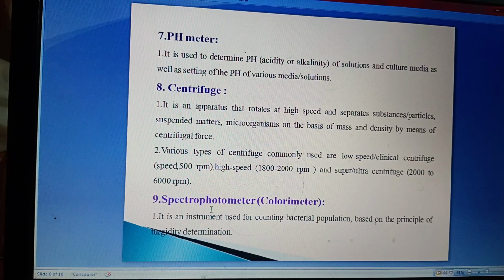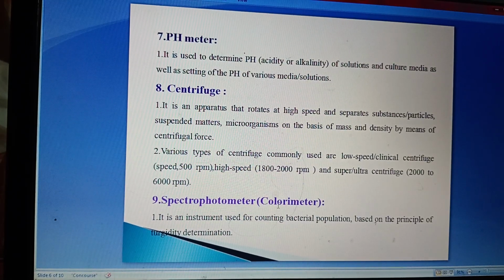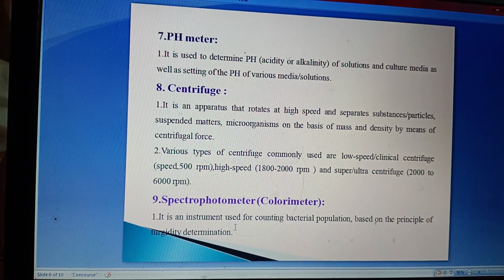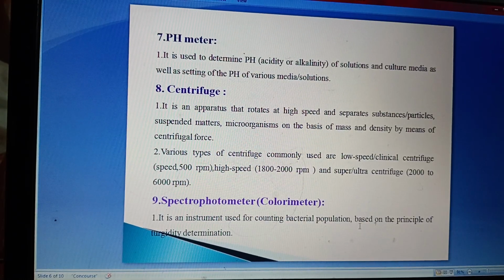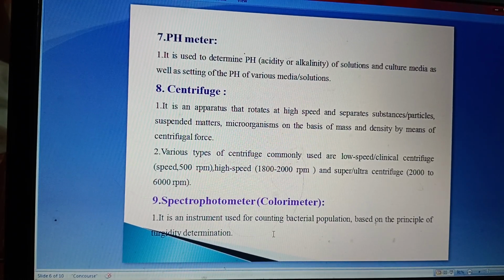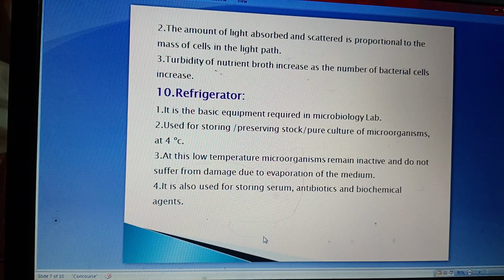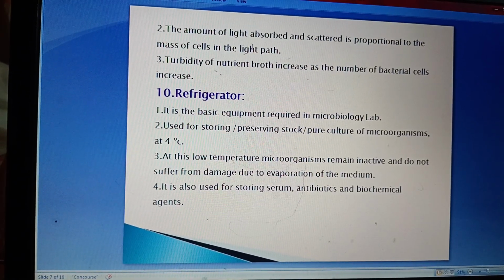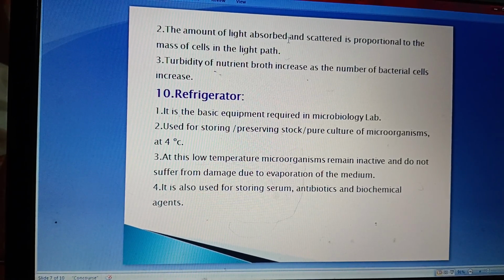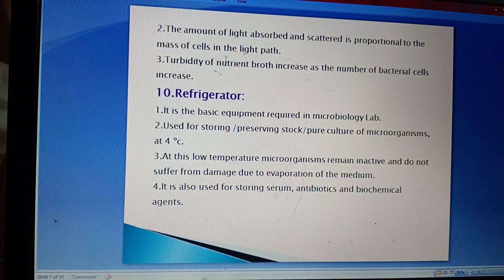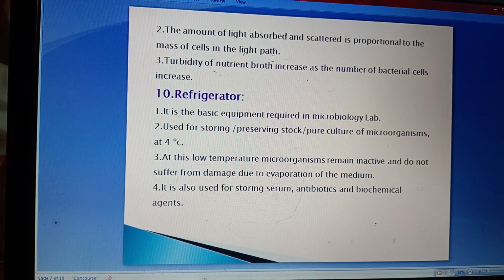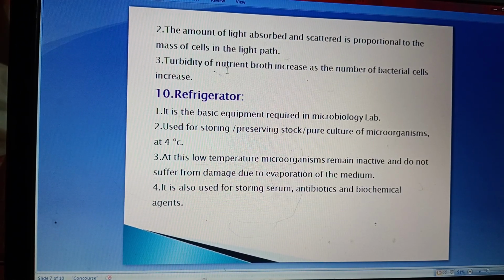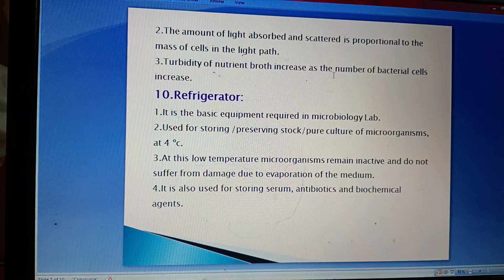Ninth instrument is spectrophotometer, that is called colorimeter. It is an instrument used for counting bacterial population based on the principle of turbidity. In that, the amount of light absorbed and scattered is proportional to the mass of cells in the light path. Turbidity of nutrient broth increases as the number of bacterial cells increases. 10th,